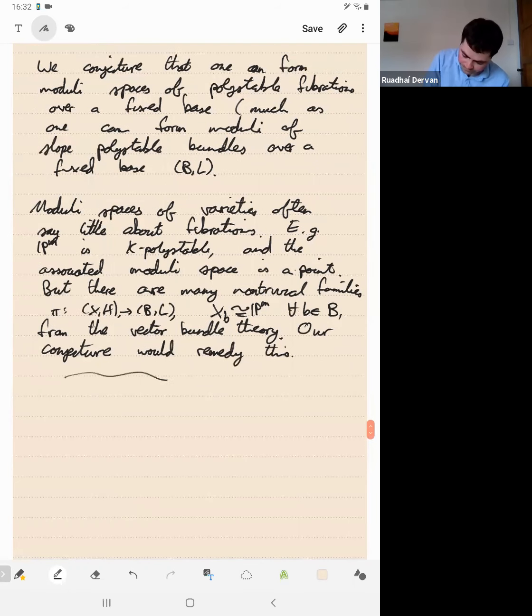Okay, so now I'll get into the definition of stability of fibrations. I should really emphasize that the theory seems to me to be much closer to the theory of vector bundles than the theory of varieties, and that's actually quite a good thing, because the theory for varieties is very difficult, especially away from the Fano case, whereas the theory of vector bundles is much more well understood.